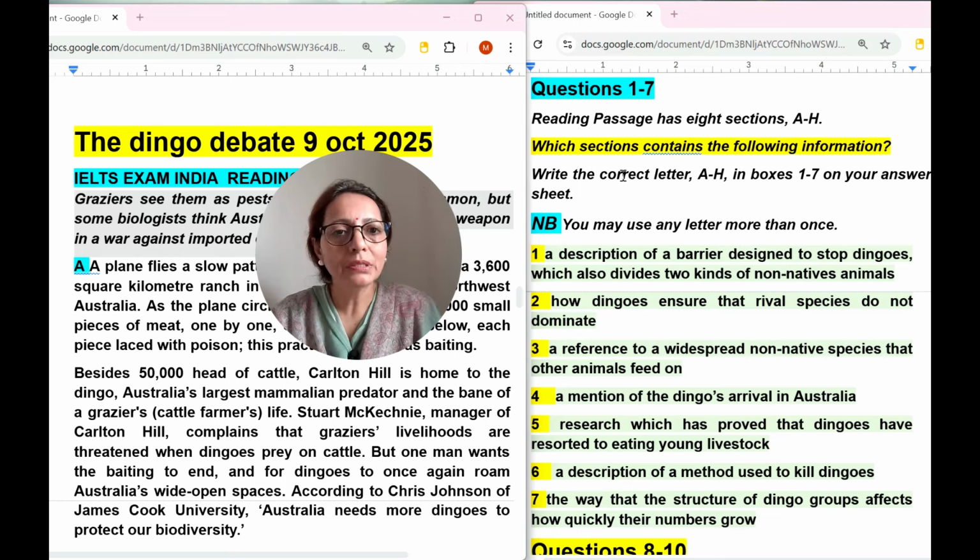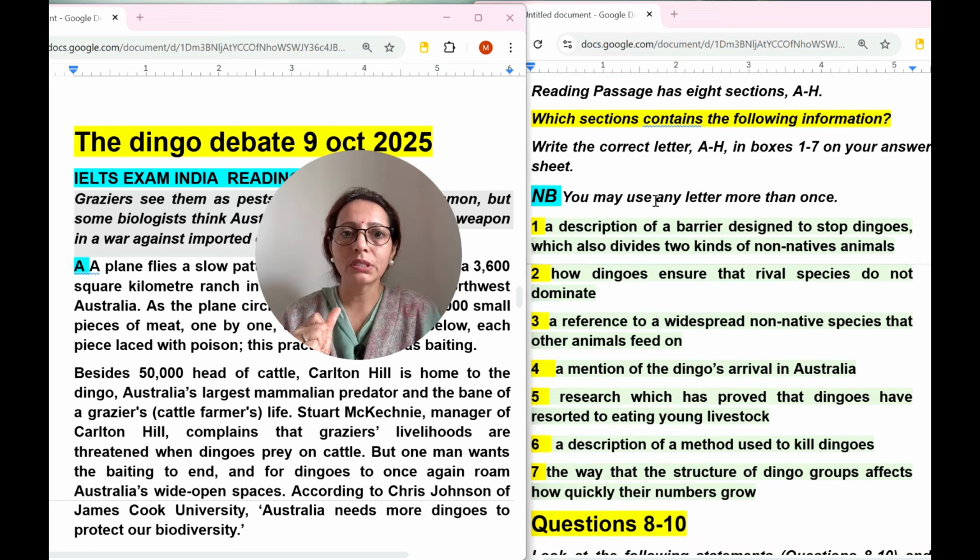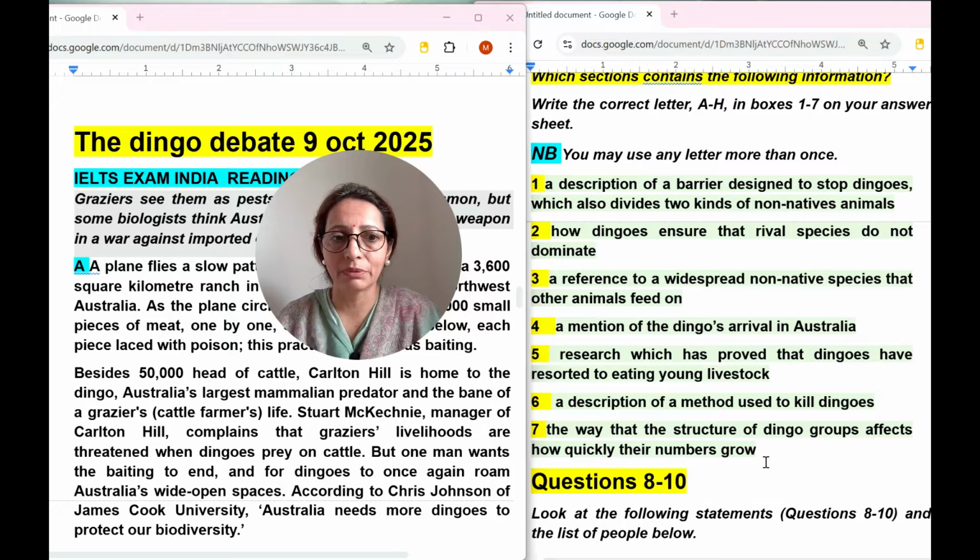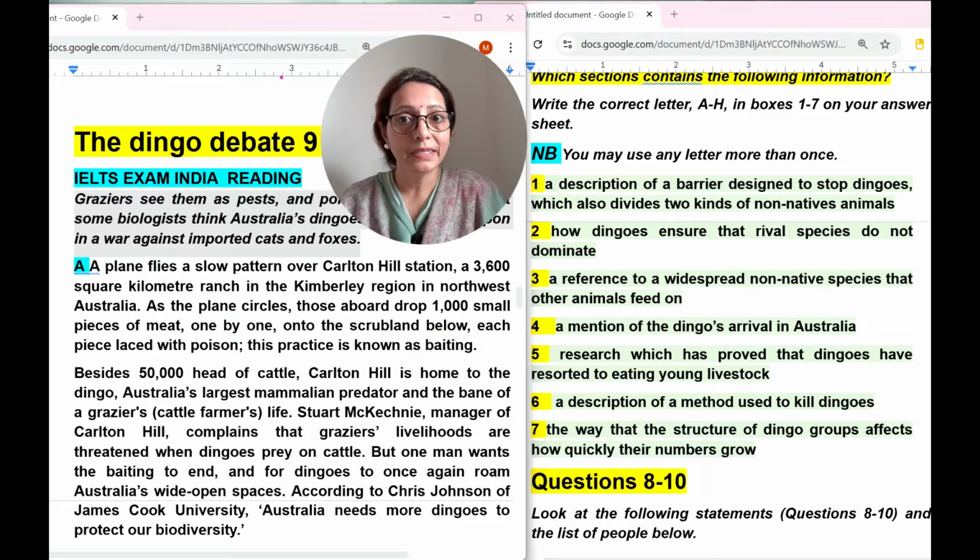Let's do which section contains the following information. Of course, I will read all the question statements first, understand their meaning and come out with 1 or 2 keywords. Keywords should be different; they will be different for each question. Let's read it one by one. Yes, one request I want to make. First, you do practice with me. Do it on a laptop or computer. It will be helpful for you, or you can download it after getting the PDF. I can provide you. Yes, and before I announce the answer, please do it yourself.